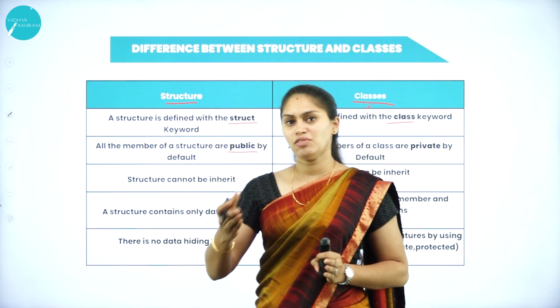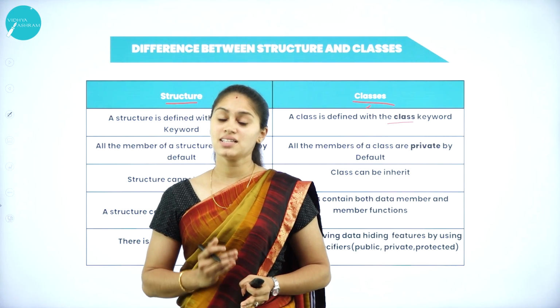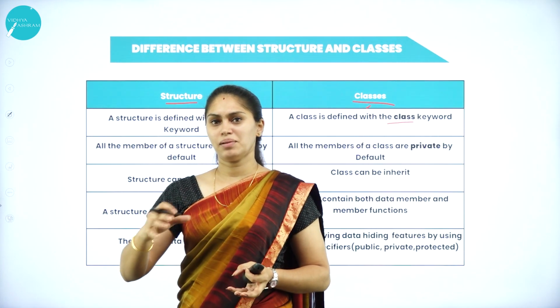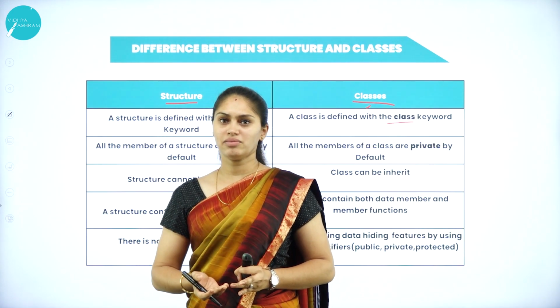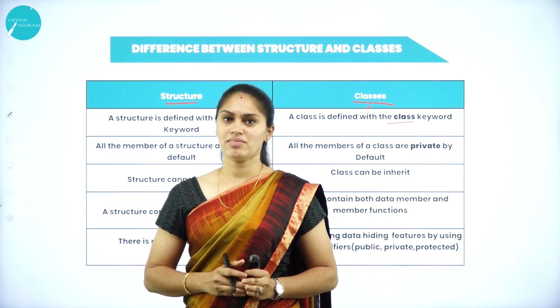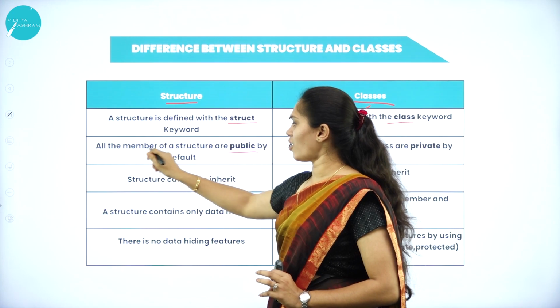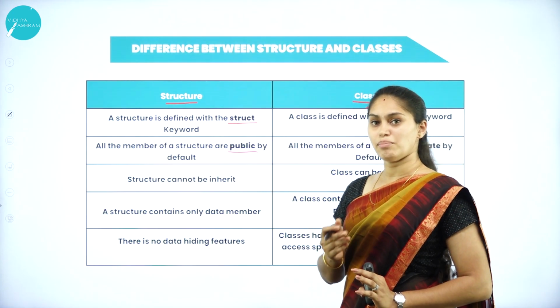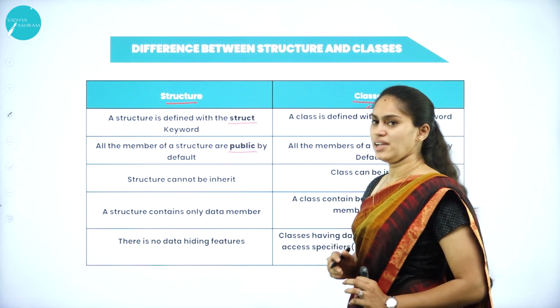Okay, so by default, which is the access specifier that we are going to use in classes? That is private by nature. That means there will be security for the data. Unauthorized users or non-member functions cannot access that private data. That is not the case in a structure, because all the members of a structure are public by default. That is important. Here it is private by default.